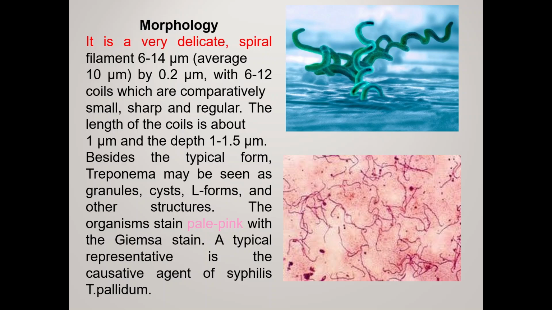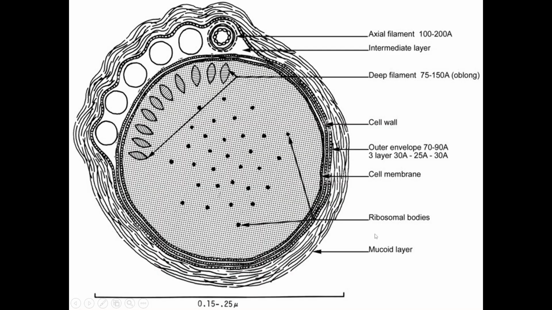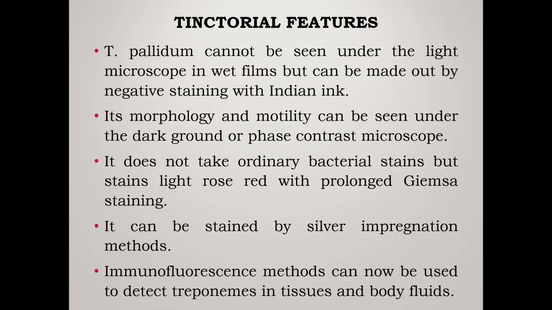Besides the typical forms, treponema may be seen as granules, cysts, L-forms, and other structures. The organism stains pale pink with the Giemsa stain. A typical representative is the causative agent of syphilis, Treponema pallidum. You see the pale pink color of treponema. The structure of treponema is common to other spirochetes. Tinctorial features. Treponema pallidum cannot be seen under the light microscope in wet films, but can be made out